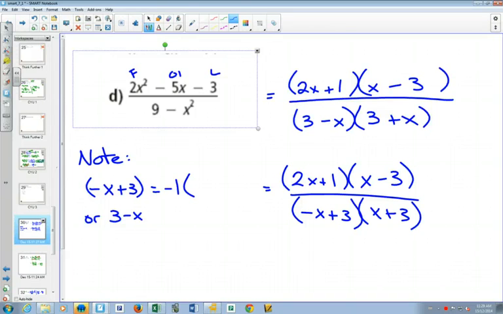And if I took a negative 1 out of both of those, I would get x minus 3. Can you see that? So anytime that you see things like this, where they're the same, but just written in the opposite order, you can take out a negative. And if you take out the negative,